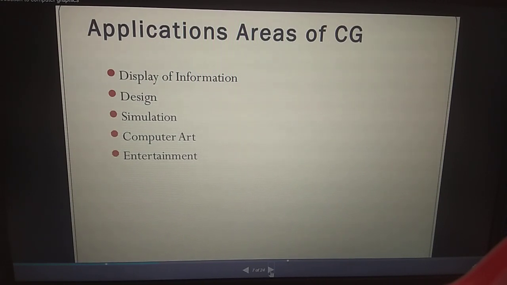So there are different areas which we can summarize as display of information, design, simulation, computer art, and entertainment.